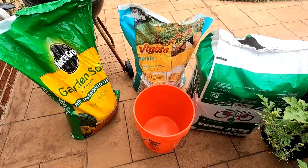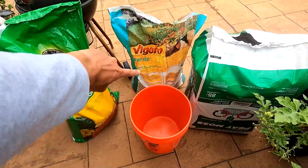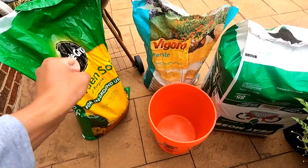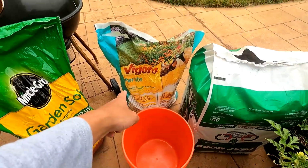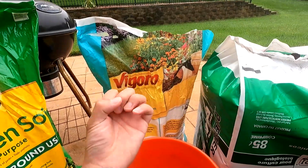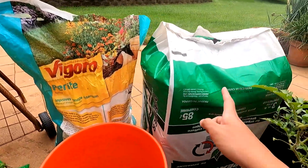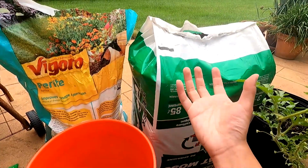For the soil, I'm using 3 different ingredients: regular garden soil from Miracle-Gro, a perlite mix, as well as peat moss. The garden soil will provide a lot of nutrition for the actual plant itself, and then the perlite is going to increase our drainage. It's going to help let that water drain out so it doesn't collect at the bottom of the pot, like I said before. And then lastly, the peat moss is going to acidify the soil, which is what mangoes like,